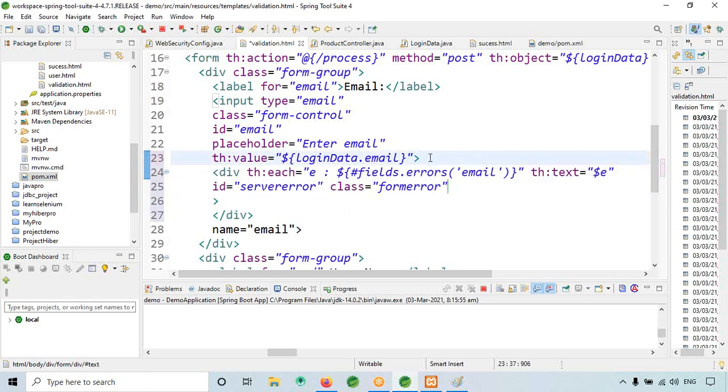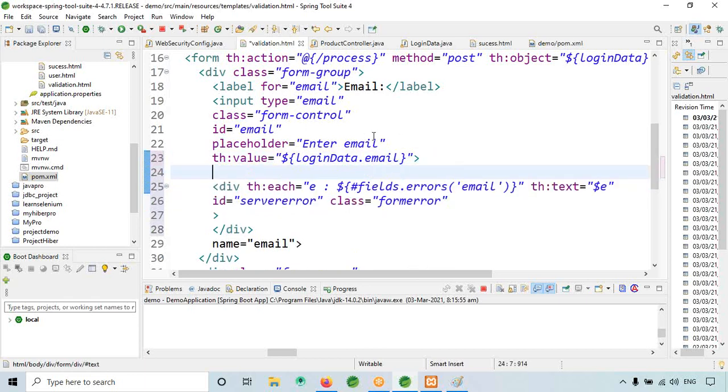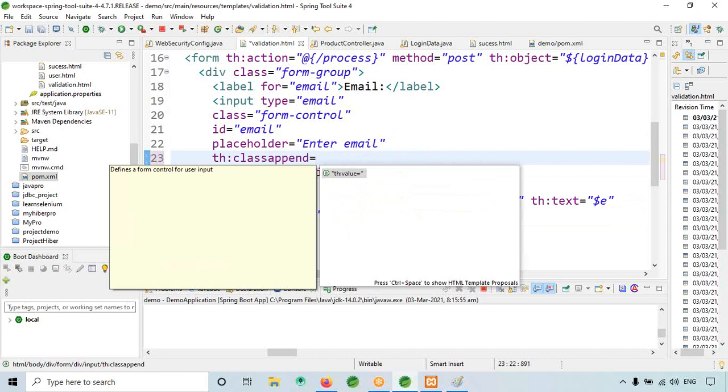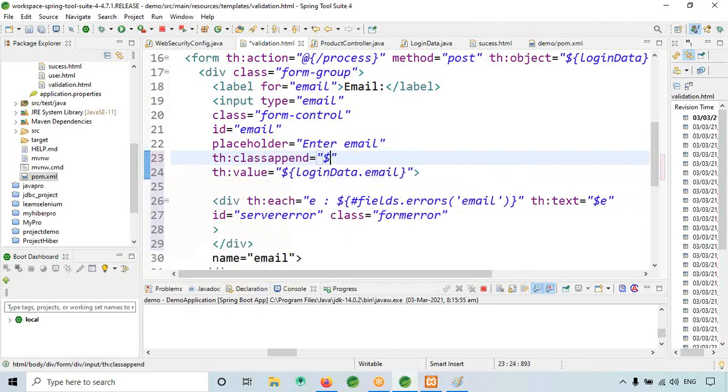Now what I will do is in the div tag here, th class append is equal to dollar fields dot, okay, I think this has to come in flower bracket.